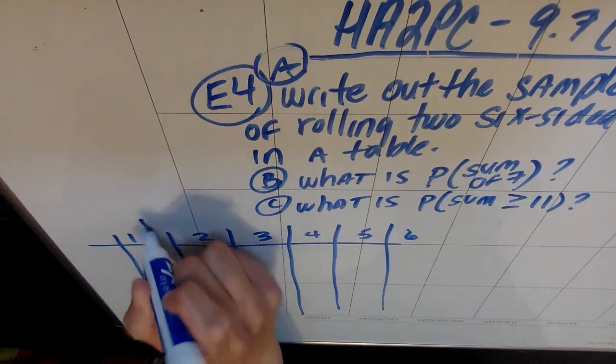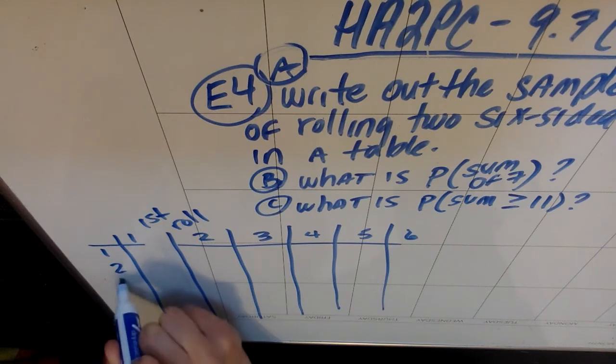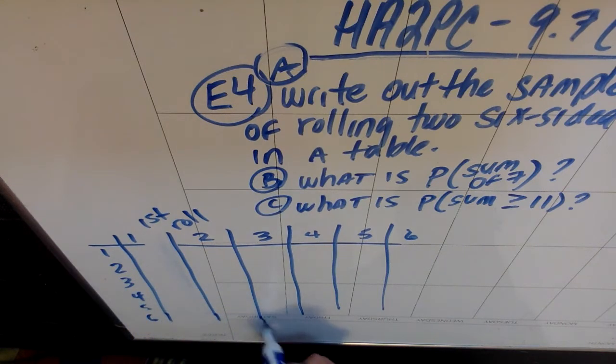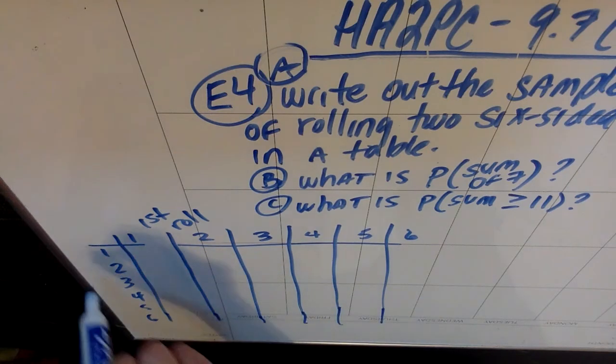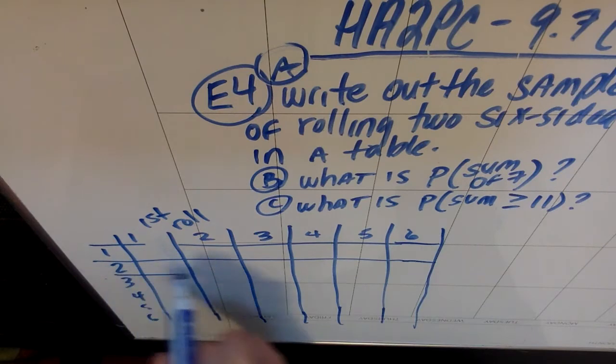I'm going to call this whole thing my first roll. And then going down, 1, 2, 3, 4, 5, and 6, because they're 2 six-sided dice. All right, cool. So if I make this table for my sample space,